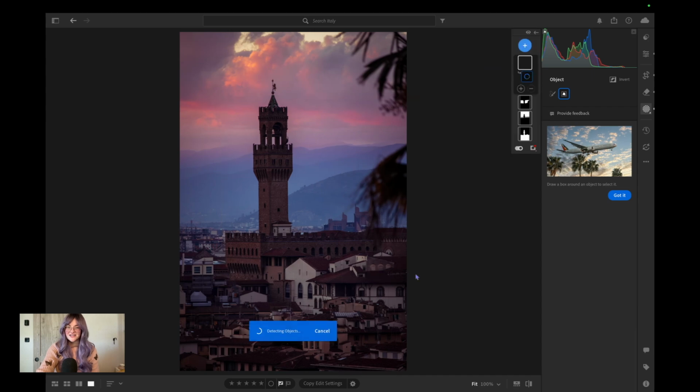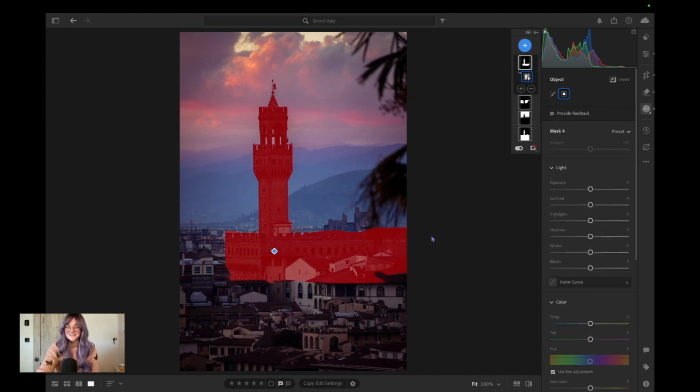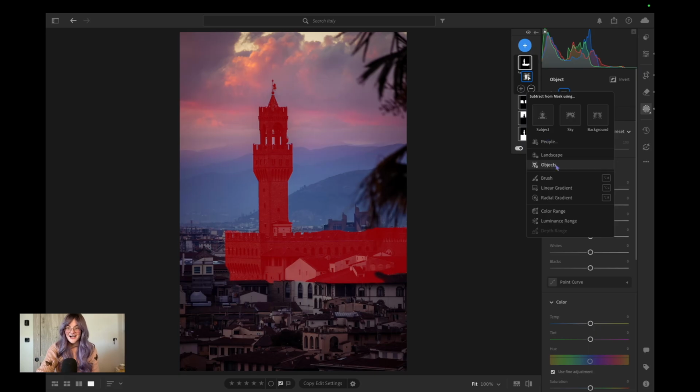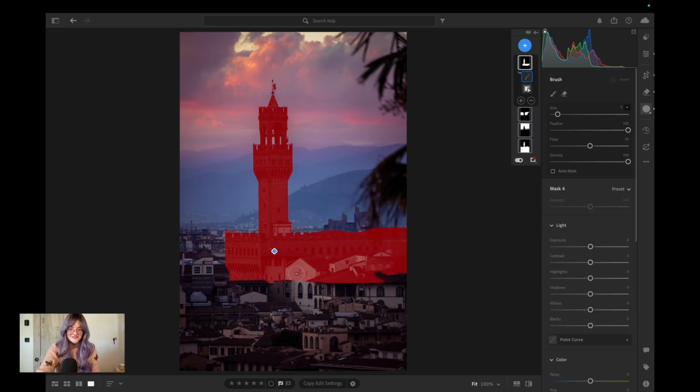Let's see if it actually detects this. Ooh, okay, it does. But it's got this house in there, and I want to make sure that I don't include the house or anything white here. Okay, so I have just isolated this little tower thing right here, and I'm just going to slightly bump up